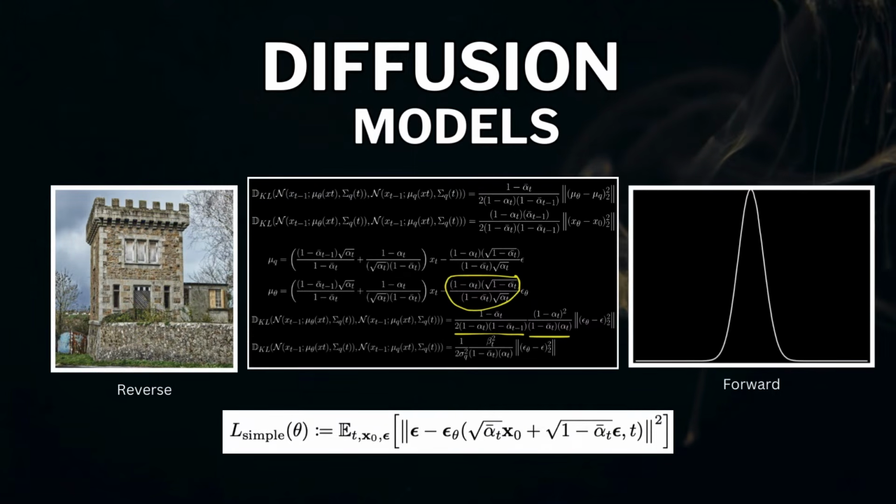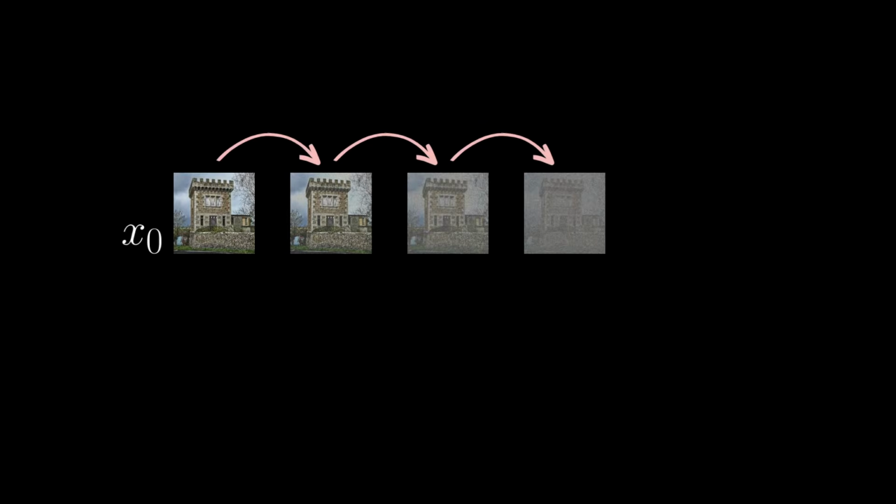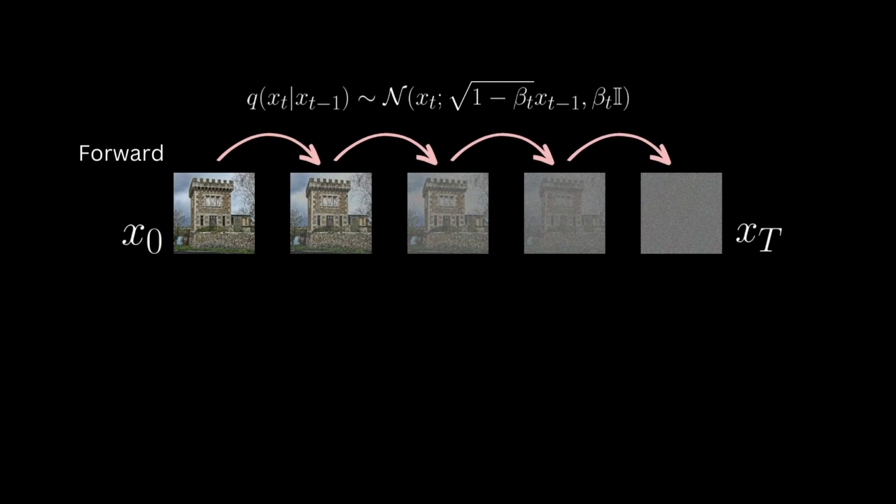So let's get started. The idea of diffusion models is to destroy all the information in the image progressively in a sequence of time steps t, where at each step we add a little bit of Gaussian noise, and by the end of a large number of steps, what we have is a completely random noise mimicking a sample from a normal distribution. This is called the forward process, and we apply this transition function to move from xt-1 to